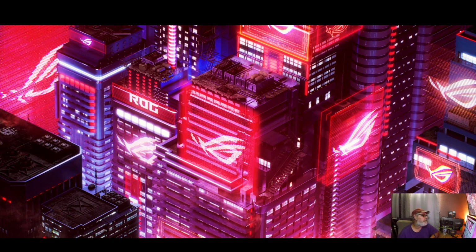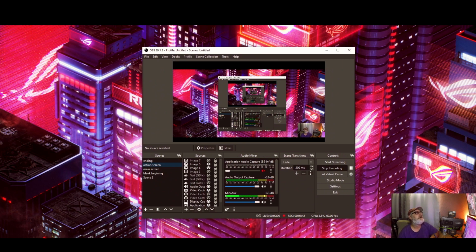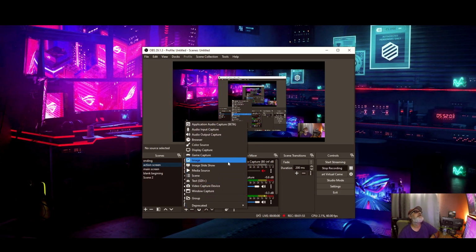Okay, now I switched you over here. Now on OBS, let me pull you into OBS. What you'll have to do is set up a video capture. So you click on the plus button, create a video capture, and then after that you'll set it to